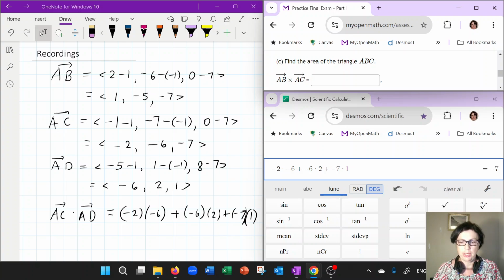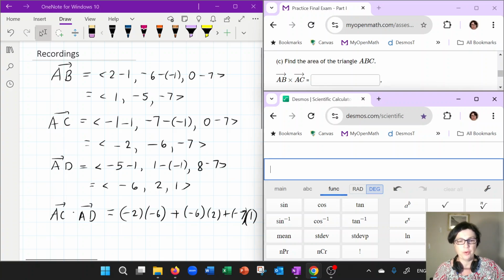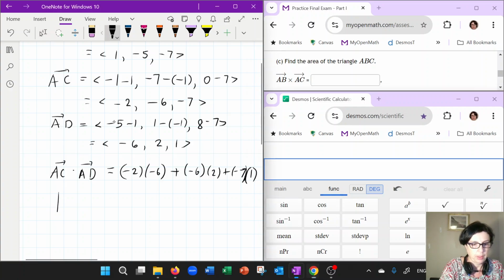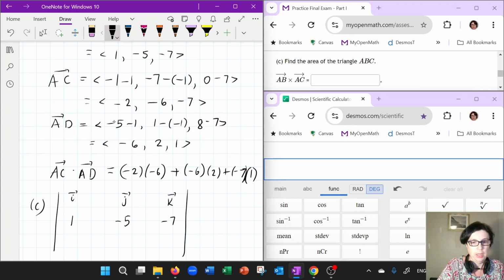Now, the next question deals with the area of a triangle ABC. In order to do that, we need to find the cross product of vectors AB and AC. Okay, so I will put IJK as the first row. Then AB vector, which I have as 1, negative 5, negative 7. So this is part C. That goes in the second row, and then AC vector, which is negative 2, negative 6, negative 7, goes as